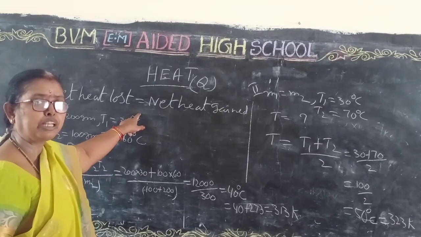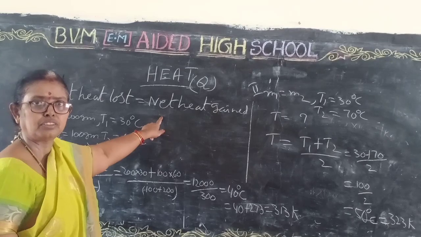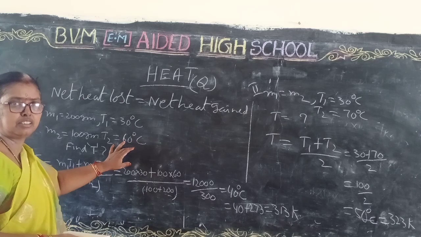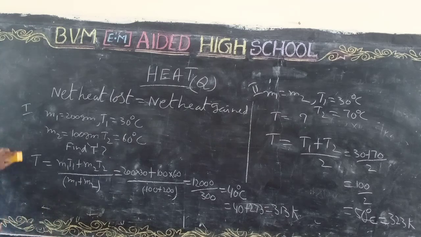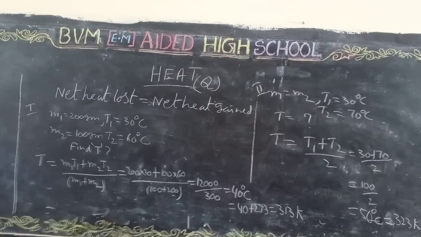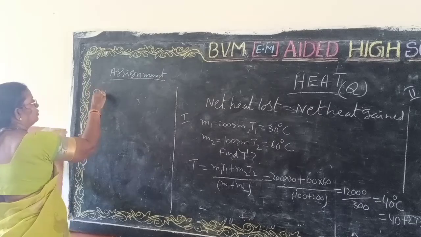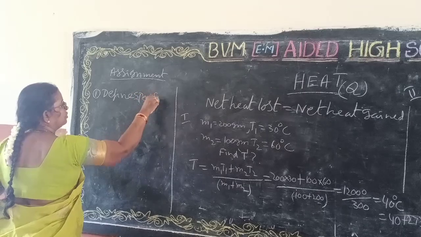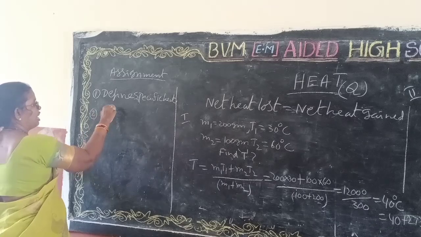So this is the principle of method of mixtures: net heat loss is equal to net heat gain. These problems you should do at home and revise. Now I will give you an assignment. What is the assignment? Define specific heat. Write the values of